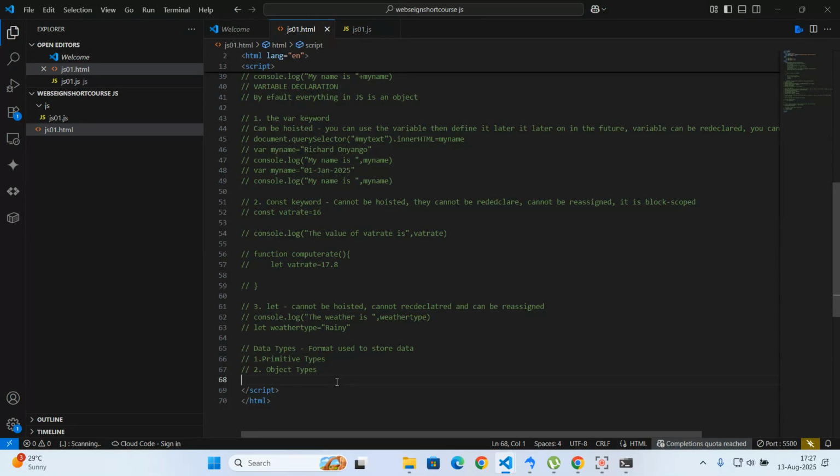For the primitive data types, we have eight of them. Actually, six, not eight. Yeah, we can call them eight or seven, but we'll focus on maybe just about five. Primitive data types are the ones that store only one type of data, something like somebody's name. So the primary primitive types are